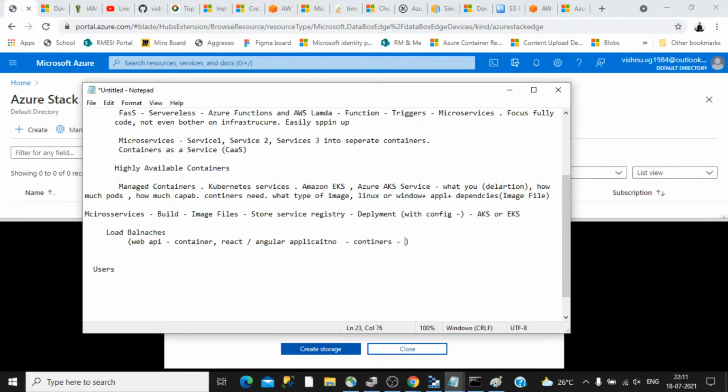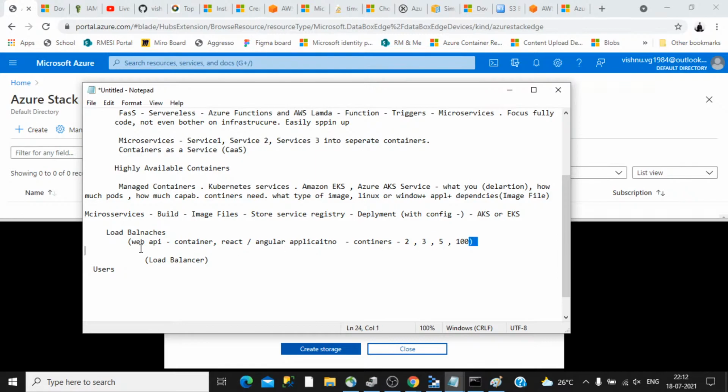For example, sometimes when the load increases, it may be running in 2 or 3 or 5 ports, or it may be 100 ports, and each will be a different instance. So how will your users be able to access these things? There is a need for a load balancer in place. This load balancer will work in front of these